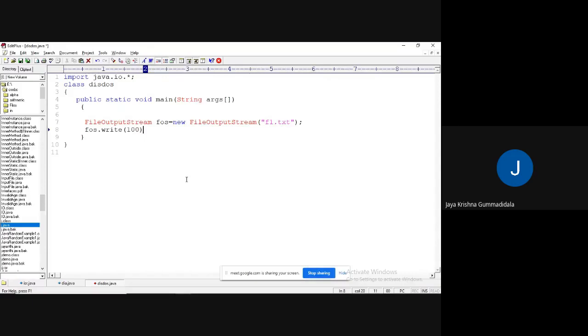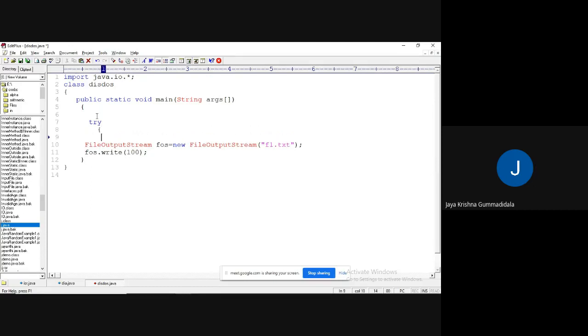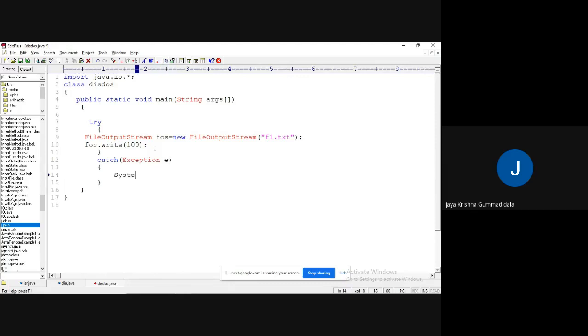FOS dot write of 100. Guys, all these input output stream classes are what kind of exceptions, checked exceptions or unchecked exceptions? All these are checked exceptions, meaning that during the compile time phase itself, you need to handle these errors.